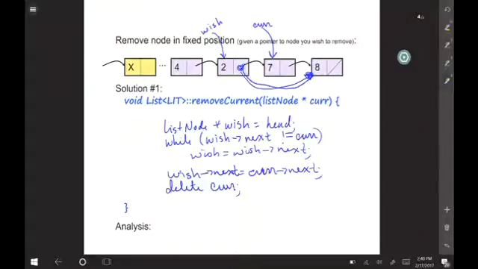Really good question. Can we use the find function? The answer to that is, we could if we knew how many steps to walk it forward, but we don't know that in this context. In this context, we happen to only have a pointer to the place, not any notion of where it is location-wise. Okay? All right, any other question?